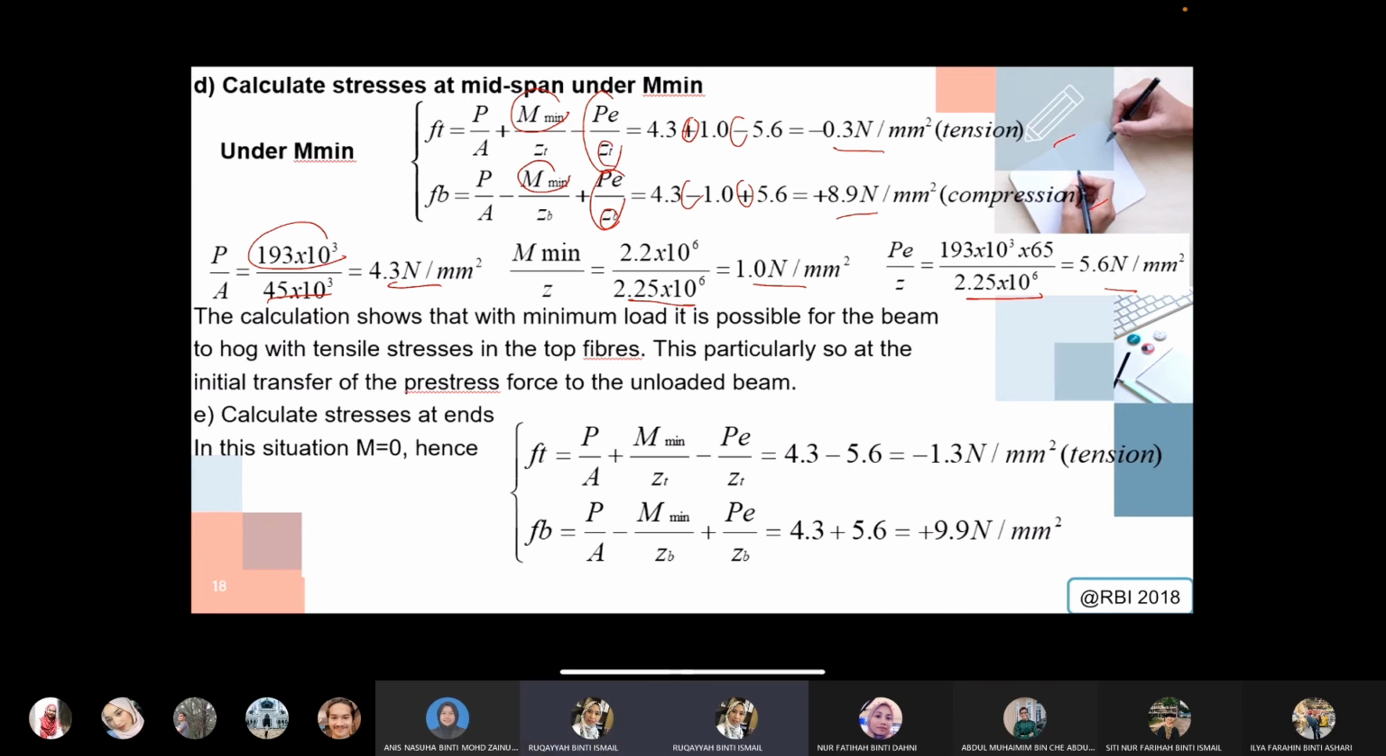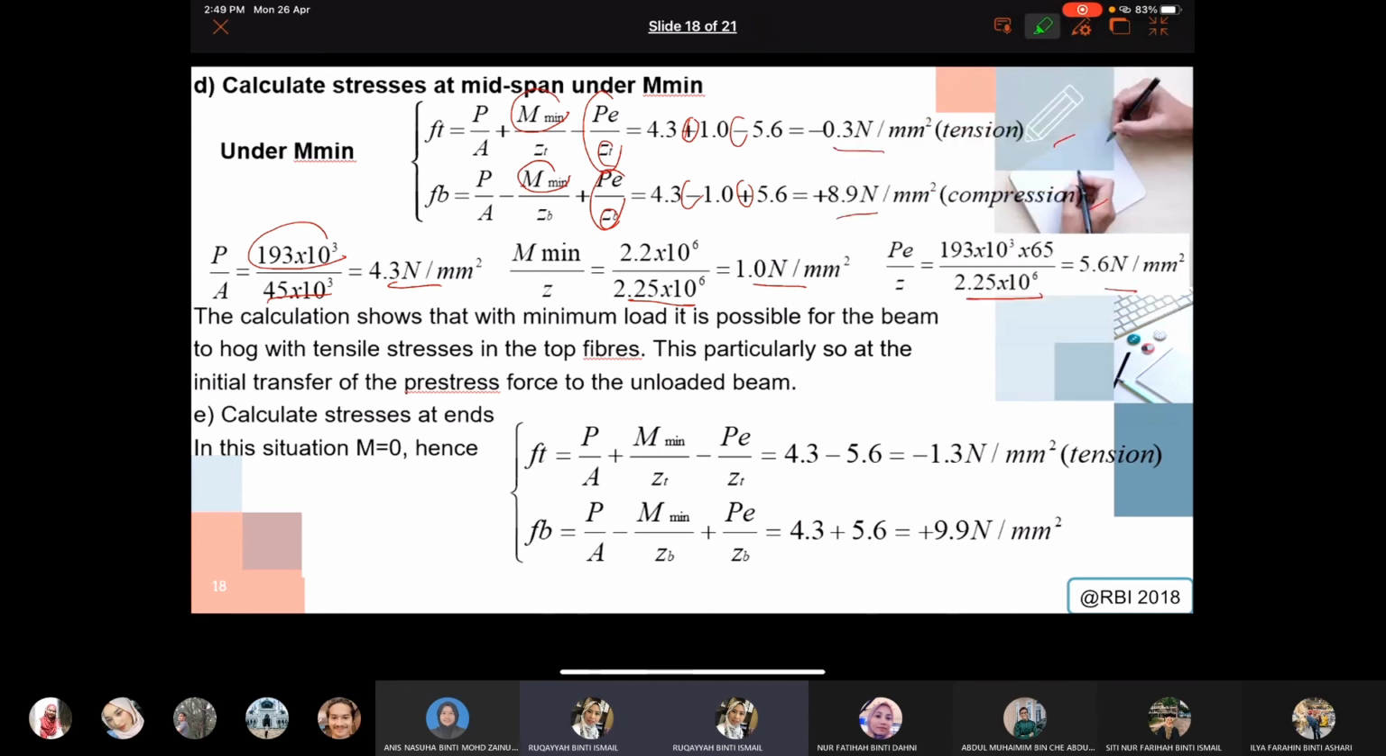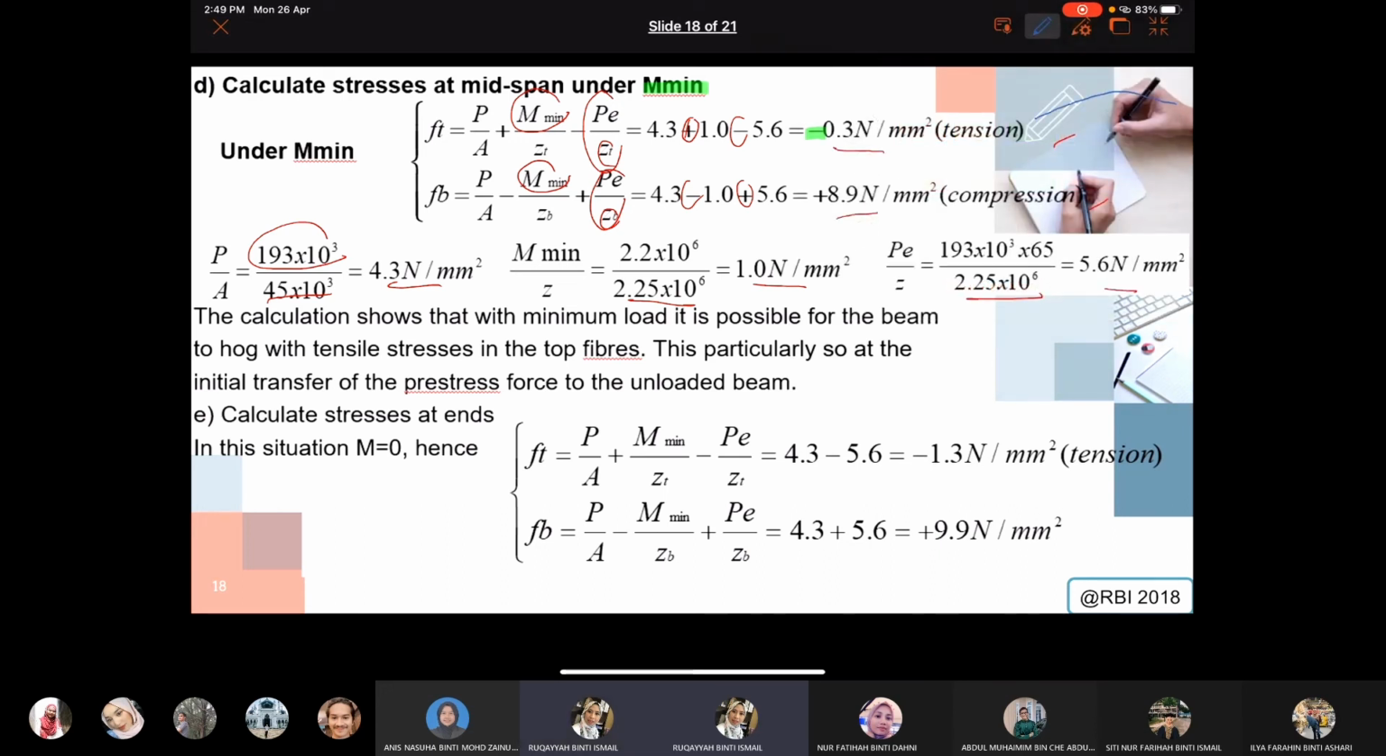Okay, so here if you look, one of the obvious conditions that you have to be aware of is under moment minimum, where the pre-stress beam only carries its own self weight, the value is negative, right? So when you get the value of negative, you will be aware that the beam is actually experiencing what we call hogging behavior. Okay, means that it will hog like this, it will concave like that. So it shows that the top fiber will concave like that. So as it is initial stress,